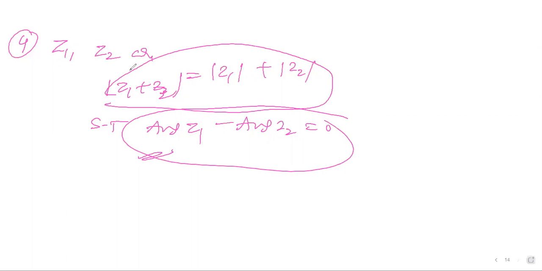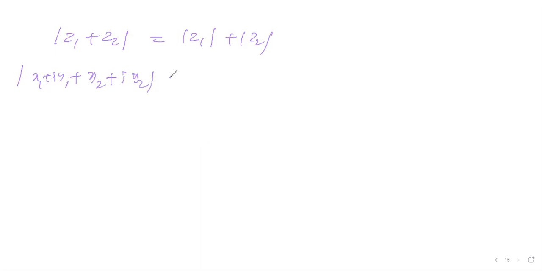I'm trying to take the condition and start working from here. Please be considerate, I don't want to do the entire thing. Modulus of z1 plus z2 is equal to modulus of z1 plus modulus of z2. What's the modulus of this one? z is x plus iy. Just to avoid confusion, I'll take z1 as x1 plus iy1 and z2 as x2 plus iy2. Then what can I write here? Nothing to mention, just I am taking my own.